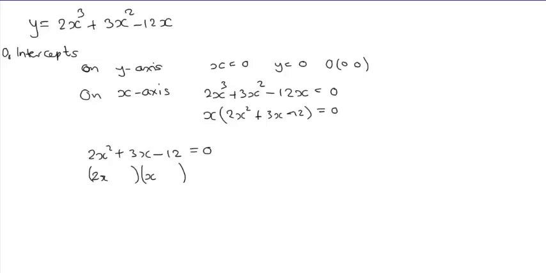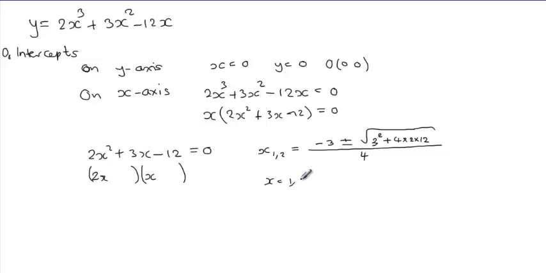You have the factors? No factors. Then you can use your formula. Quickly use your formula, please. I think if you use your formula, it should be like that. Minus b, which is minus 3, plus or minus the square root of 3 squared plus 4 times 2 times 12. Is that all right? Yeah, minus 4ac according to the formula, but plus there. What values are we getting there? x is equal to